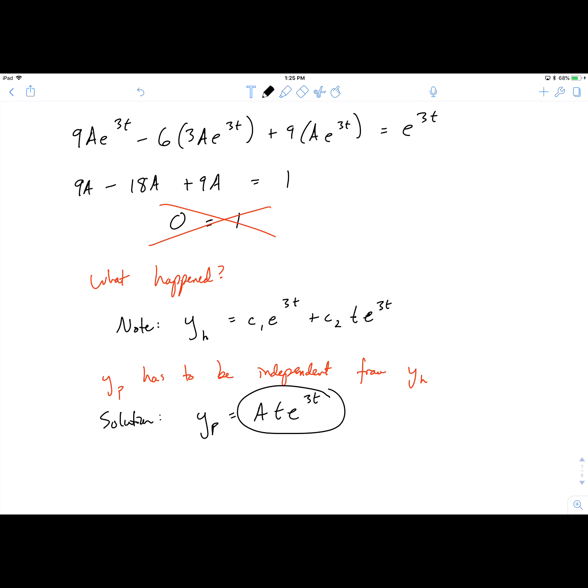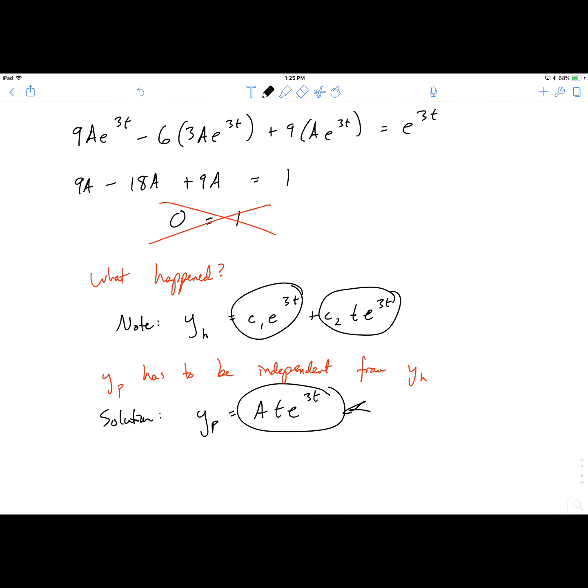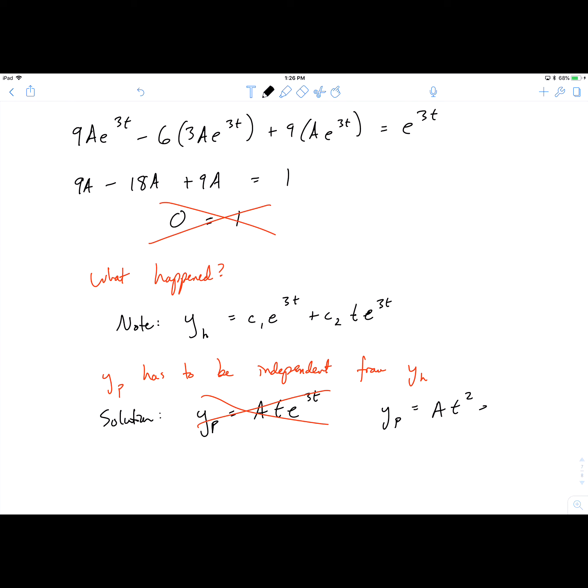The problem with that is that this still fits the other part of the homogeneous solution. So say, for instance, yh were c1 e to the 3t plus c2 e to the 5t, and we ended up in this situation, then this solution would work. We could pick a t e to the 3t. But since in this example that also shows up in the homogeneous solution, we need to go one step further. So basically we just multiply by t until we are not matching anything in the homogeneous solution. So this one again doesn't work, but let's pick t squared e to the 3t. And it turns out this works, and it seems kind of hacky, but